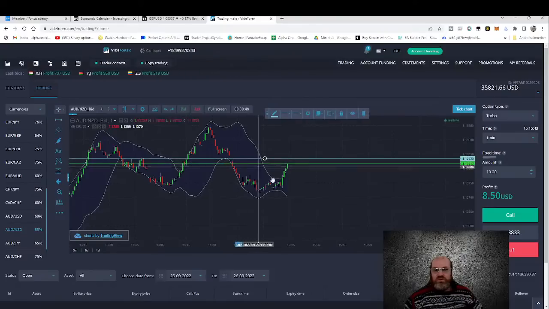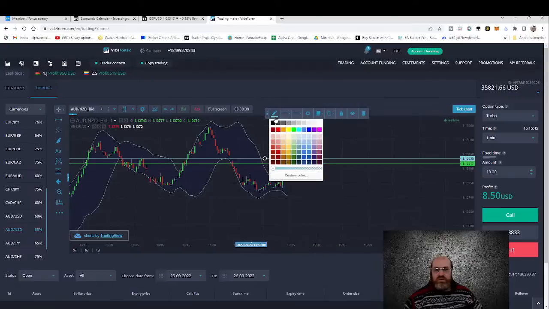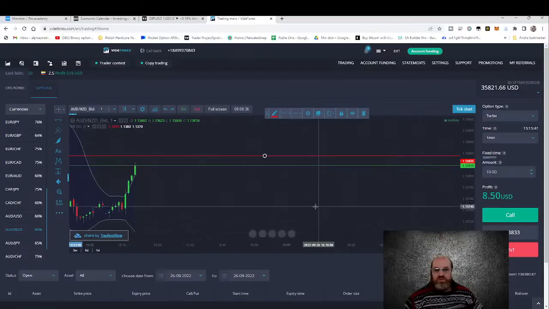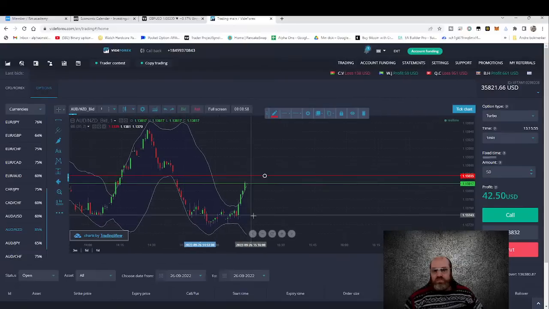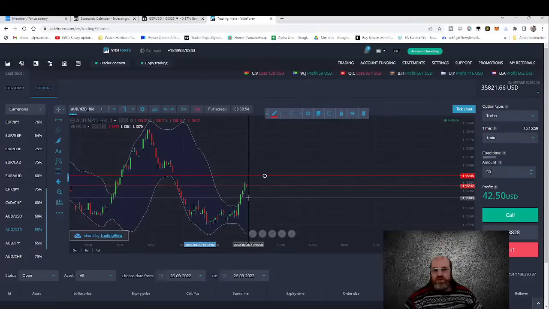Let me make sure. I think that's the line I want. Let's make this one red. So if we come up to this red line, we're going to go in with a $50 trade. And in the bottom, we don't have anything because it's too wide, this